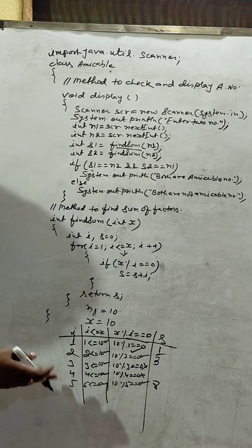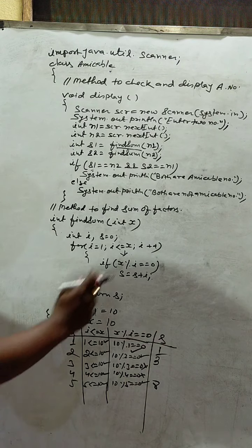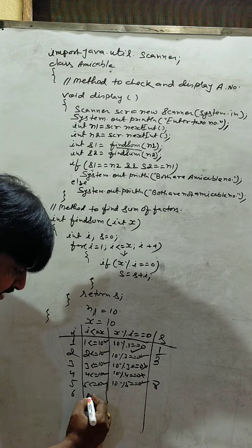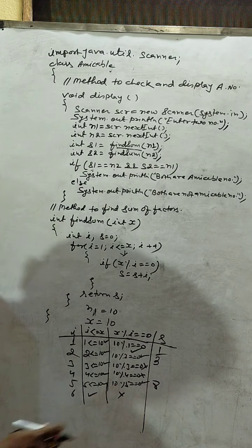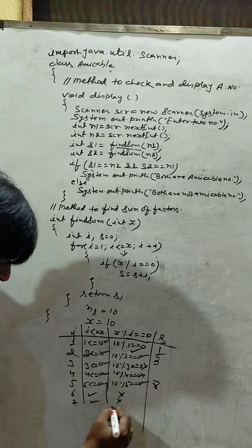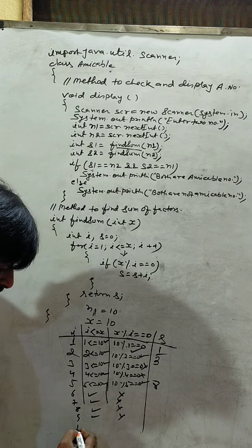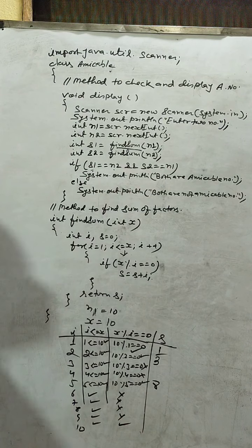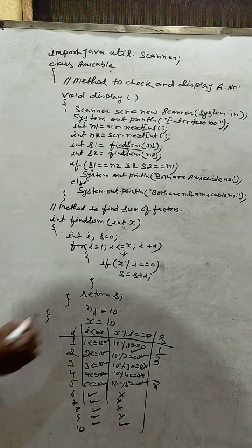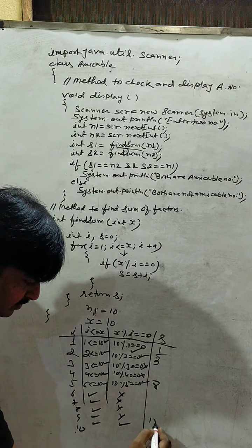Okay. You can see how the sum is stored in variable s. Again i plus plus for 6, this condition is true, but this is false because 6 cannot divide 10. Now for 7 this is true, but this is false. For 8 this is true, this is false. For 9 this is true, this is false. For 10 this is true and this is also true because 10 can divide itself. So this line will be executed: s equals s plus i. Therefore s is 10 plus 8, which is equal to 18.